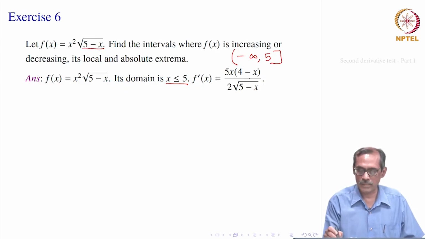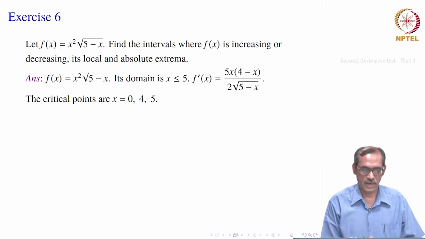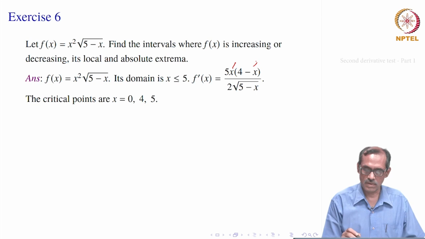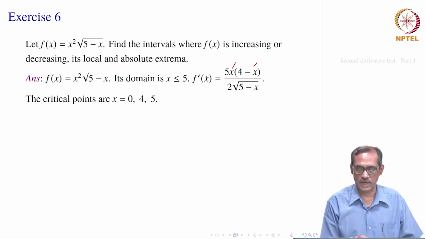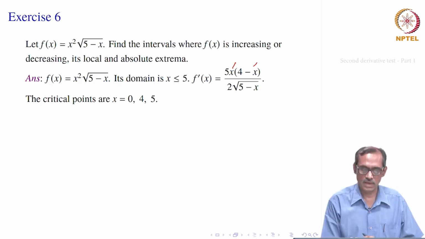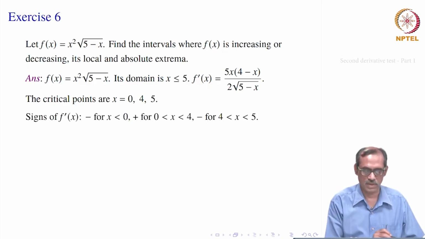So, there we find f prime(x) equal to this, except at 5, where we do not have the derivative. So, for the open interval minus infinity to 5, at any point x, this is the derivative. The critical points will be x equal to 0 and x equal to 4, and the point x equal to 5 where f prime is not defined. So, these are the possible points, 0, 4 and 5, where we should discuss.